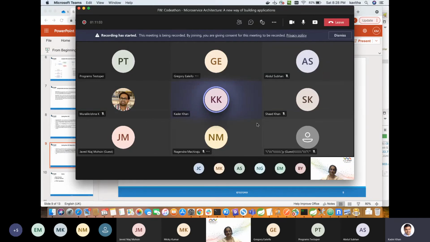So once that account is created, you will get the email. You can download the Teams, and then you have to put your email address. First, you got to log in into the tenant. You got to make sure you are inside the tenant, and once you're inside the tenant, then what Kavita is showing, you should be able to see all the channels.